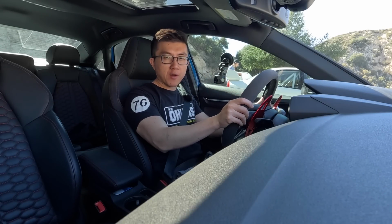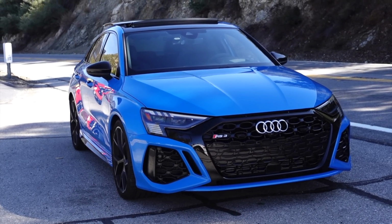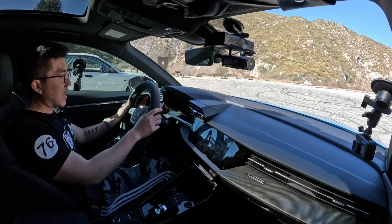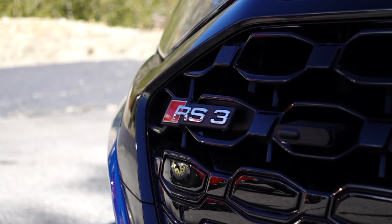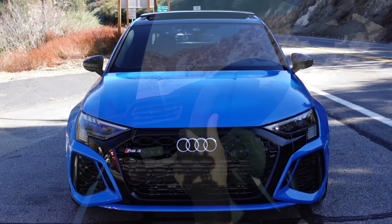Today we are reviewing a car that I've never really given much thought to, the 2024 Audi RS3. I always thought these sounded cool in theory, but I've never even sat in one, much less driven one. So today I'm going to see if this is a true sports sedan and whether I think it's worth your